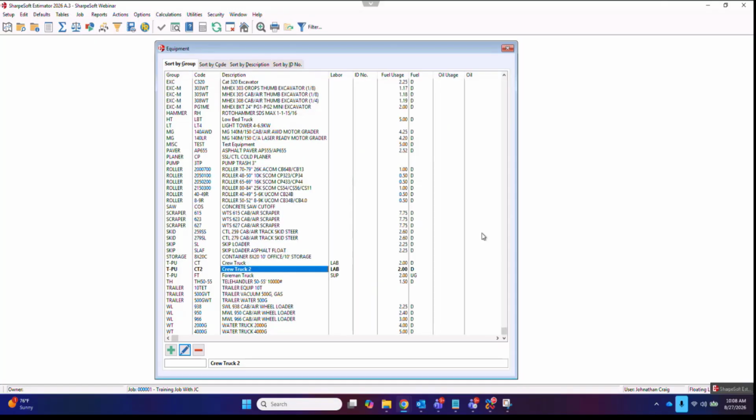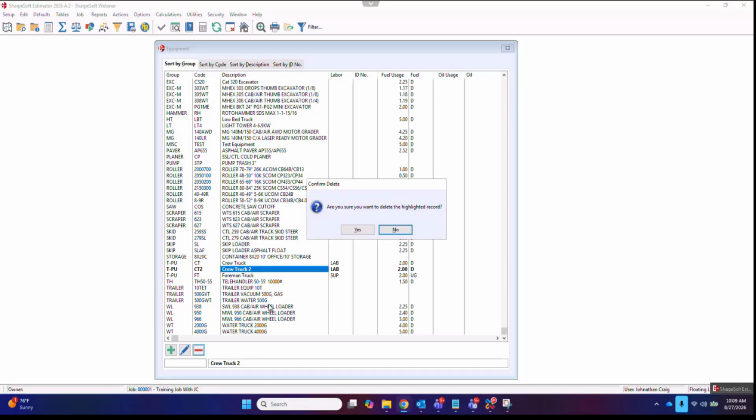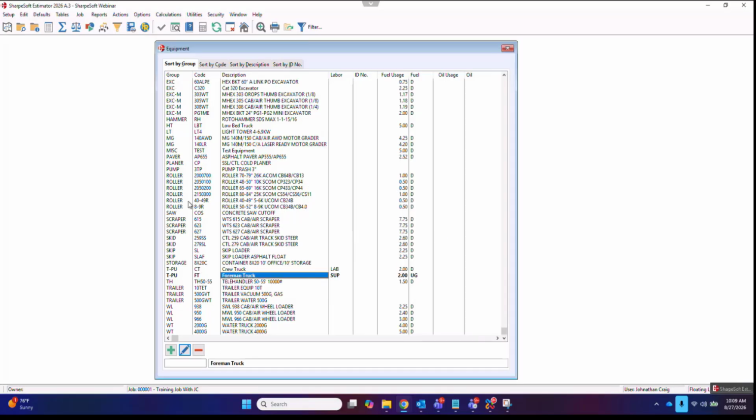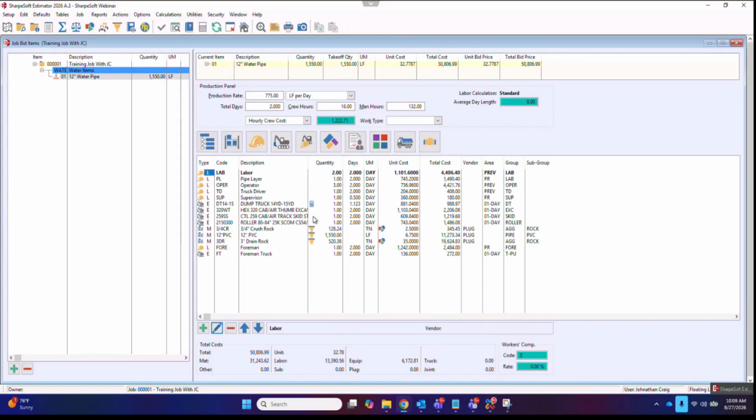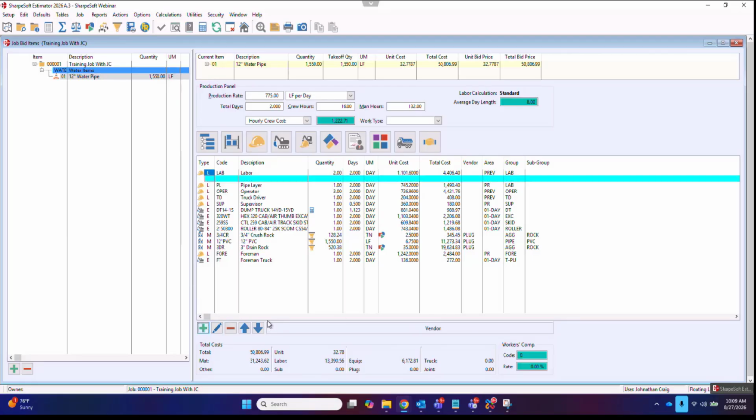All right. Next would be to create one inside of a job, kind of on the fly. So I'm going to actually delete crew truck 2 so we can create it again. So we're going to go to our bid items and then go into any specific bid item. And then if I wanted to create a crew truck 2 in here, I can do the plus button inside